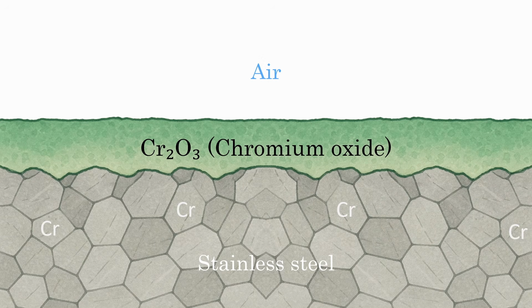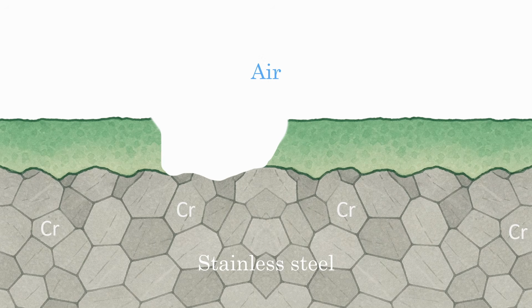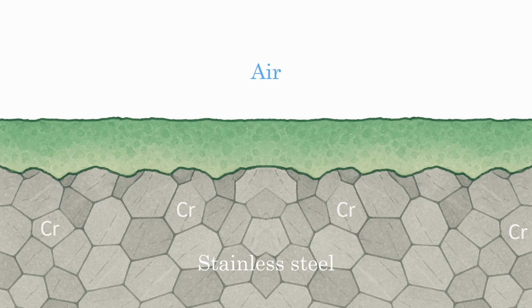Now, you may wonder, what if the stainless steel surface is removed by machining, a scratch, or a cut? Will it lose its corrosion resistance? The answer is no. If the chromium oxide layer is damaged, the chromium just below the surface reacts with the air again and a new passive chromium oxide layer forms instantly. This self-healing behavior is the biggest reason stainless steel is so reliable against corrosion,